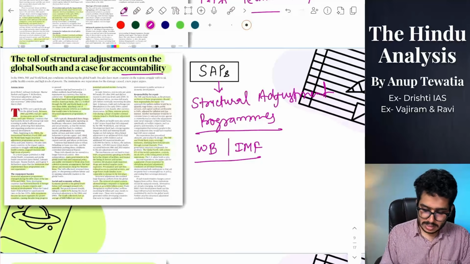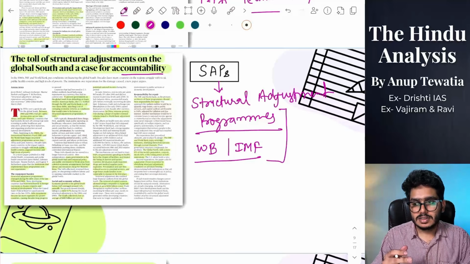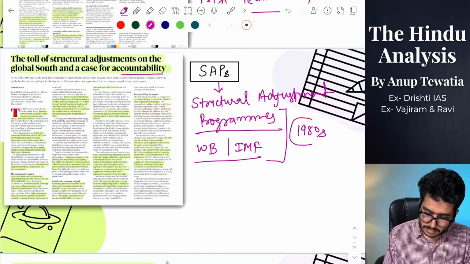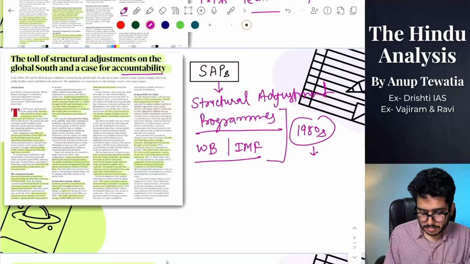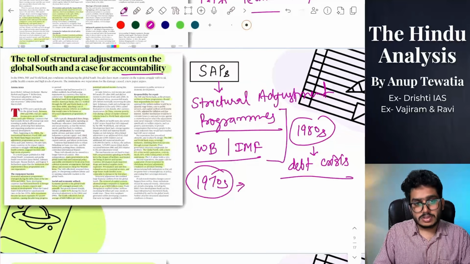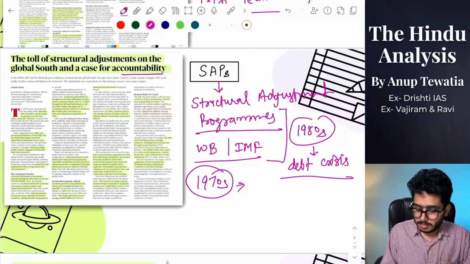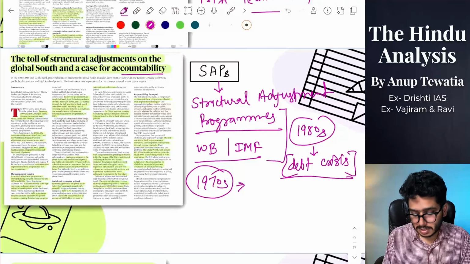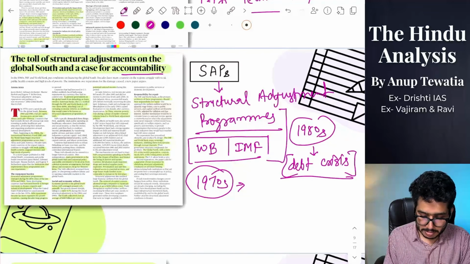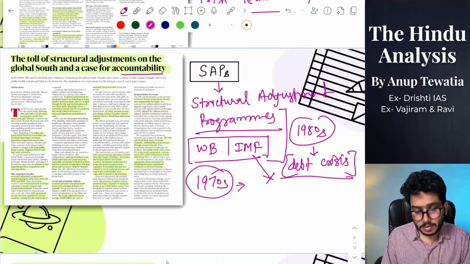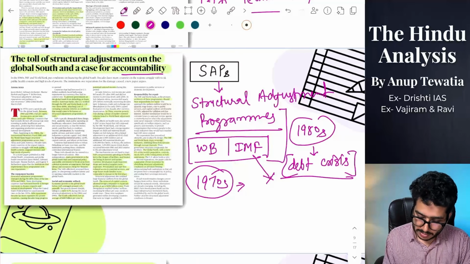And the basic reason is that in the 1980s, the Third World countries were suffering from a debt crisis, and the debt crisis was because there was a war in West Asia, and because the fuel prices increased, many could not pay the debt. That is why they needed to take some loan for bailout packages, and they went to the IMF and World Bank. And that is when the World Bank and IMF put conditions: if you want to avail loan from us, you have to cut